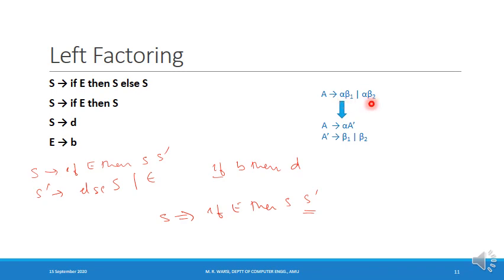So now I apply the left factoring and I introduce a new variable, capital A derives alpha A dash, and from A dash I am keeping the portion which is different, that is from A dash I am deriving beta 1 and beta 2. So this is how you can apply left factoring and bring the grammar to the suitable form so that the parser does not face difficulty in deciding which production to use at some step of the derivation.